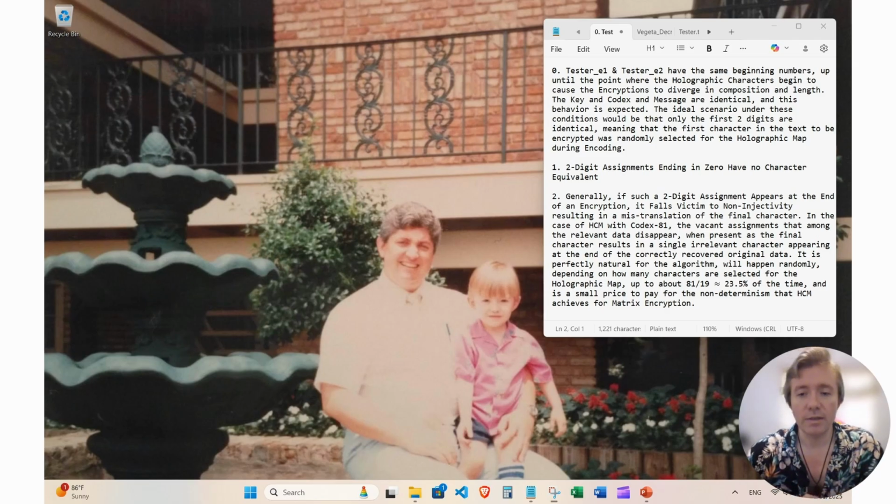The other thing to note is that, and this didn't happen in this example demonstration, about 23.5% of the time, and that's simply from Codex 81 divided by 19, so about 23% of the time you'll get a situation where the last character was chosen for the holographic map, and in that case you have a ghost 2-digit term at the very end, and it just so happens that because of the non-injectivity, whenever the encoding ends in 0,